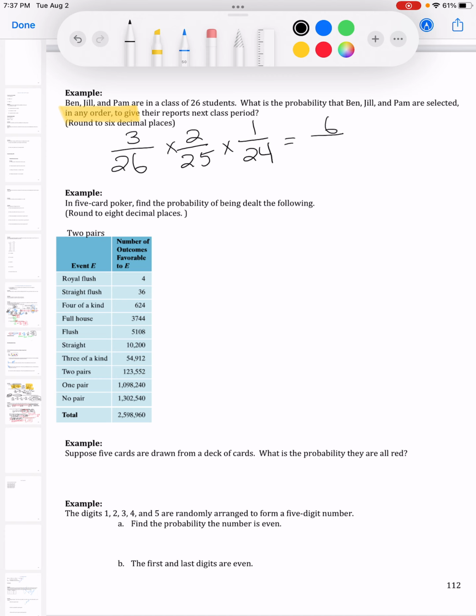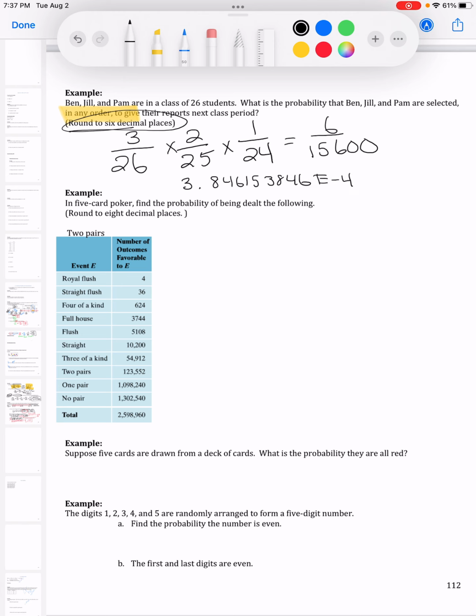Now this one does say to round to 6 decimal places. And a lot of calculators, when you go to type this one in to get the decimal, are going to give you scientific notation. So the scientific notation, we've seen with really large numbers. That's when we get the E that stands for the exponent. So let me just write out